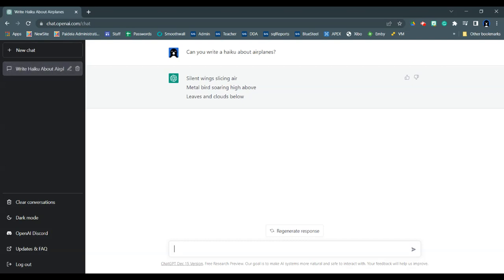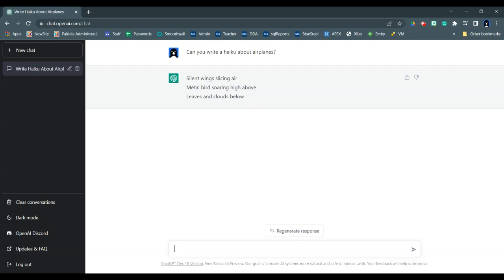And if you stop and think about that, that's pretty incredible that it's taken haiku, airplanes, those two key words, and it's put together this kind of metal bird soaring high. That's really metaphorical. It's abstract. It's not something that we would expect a computer to be able to do from just the word airplane and haiku. But there you go. So that's a good demonstration of how that might work.